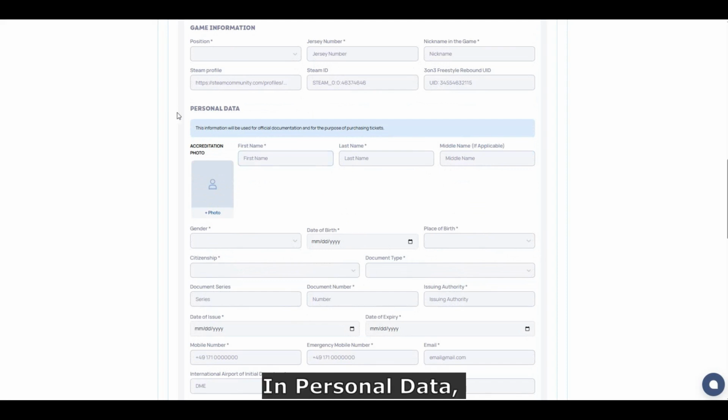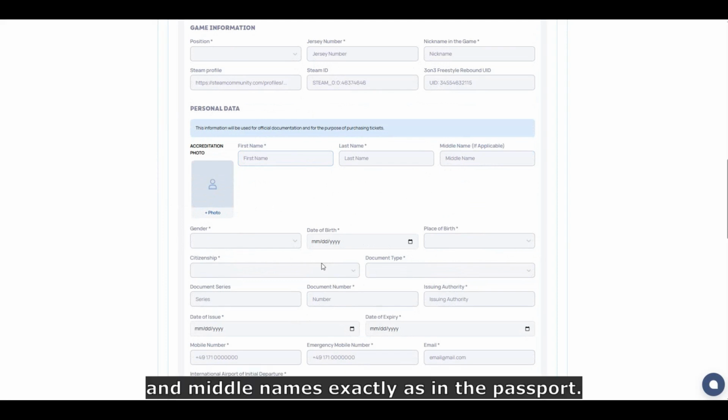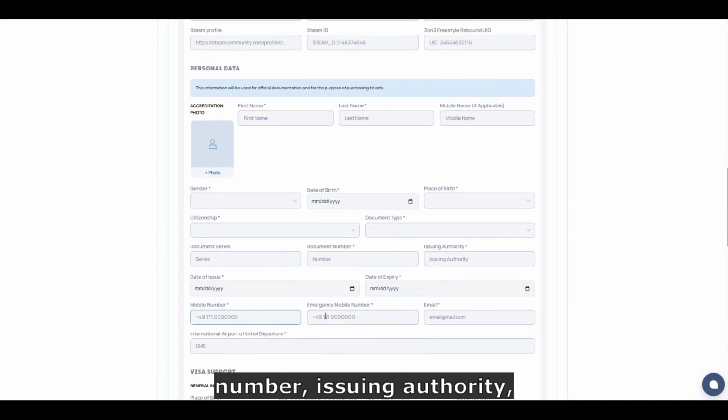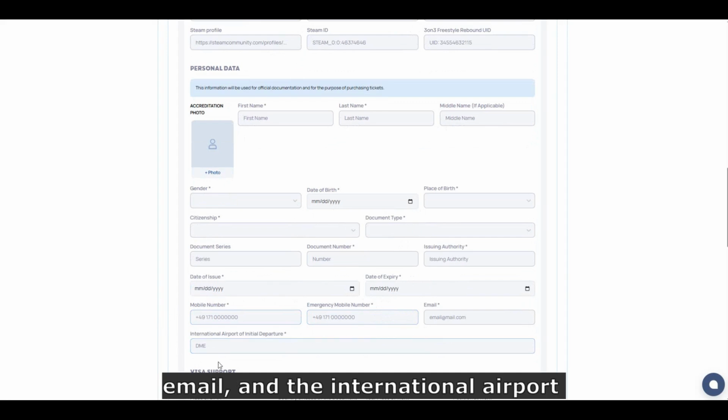In personal data, upload the accreditation photo. Fill in the official first, last, and middle names exactly as in the passport. Add gender, date of birth, place of birth, and citizenship. Specify the document type, usually passport, along with the document series, number, issuing authority, date of issue, and date of expiry. Provide the mobile number with country code, the emergency contact, typically a parent's number, email, and the international airport